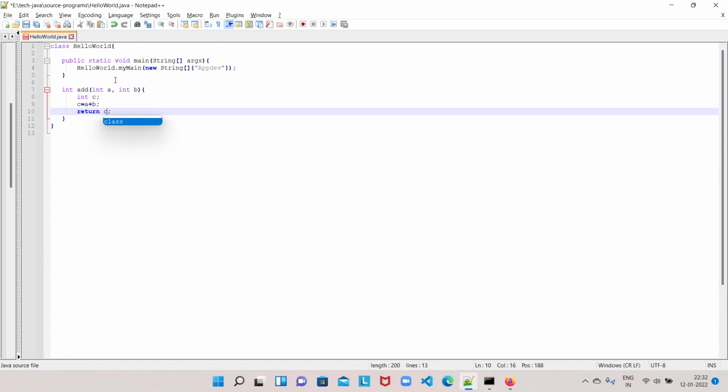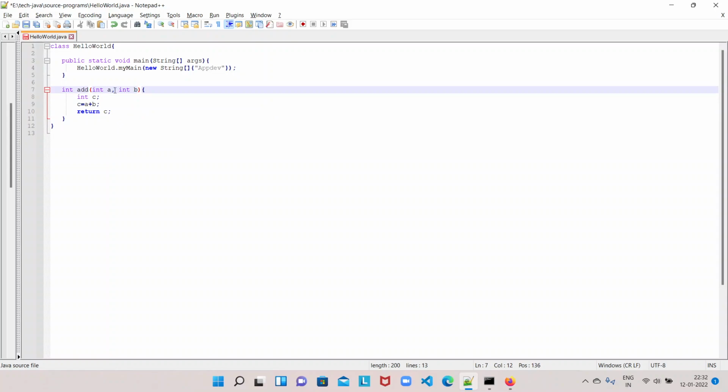So this method is accepting two arguments and returning int type. This is the requirement: the add method should accept two arguments and return the sum of those two numbers. In the same way, this method is designed as per the requirement.